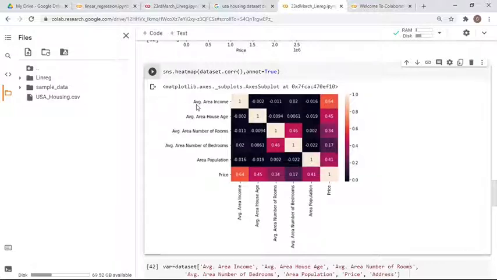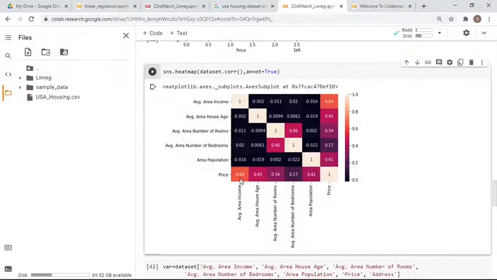That means average area income and price are heavily correlated to each other. That's why this value is 0.64. Similarly here also, price and average area income are highly correlated to each other.